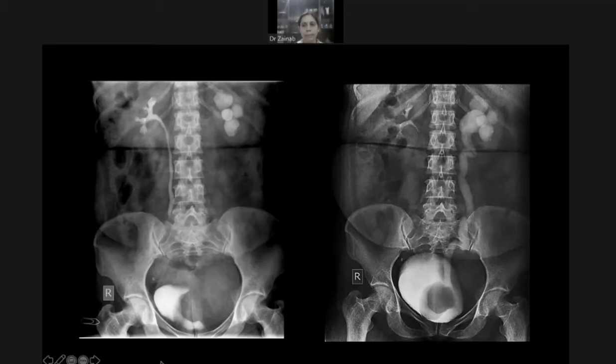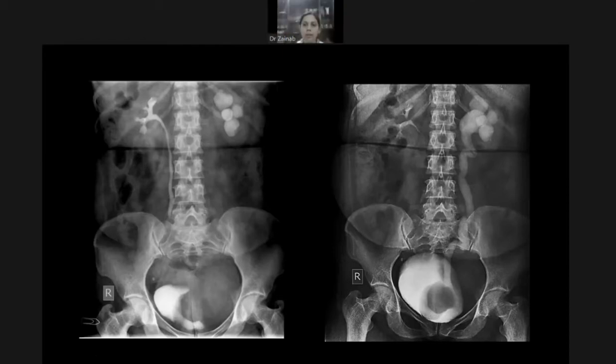Anything else? The morphology, the configuration of this filling defect, does it tell you anything? Is it consistent with a ureterocele? Ma'am, there is no associated mucosal edema that is typically seen with ureteroceles, plus the kind of mass effect that it is having on the wall of the bladder is again going against it. So I want to think of a primary bladder mass more than a cystic dilatation of the ureter per se. So where is the mass effect on the bladder that you see from this lesion? Ma'am, here in the filling defect basically that it is producing.